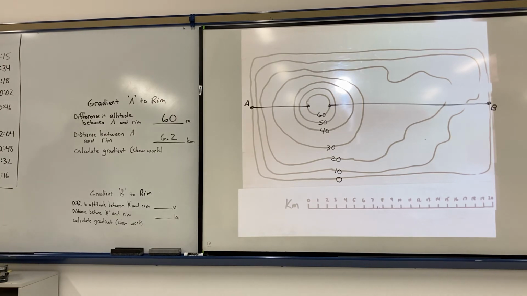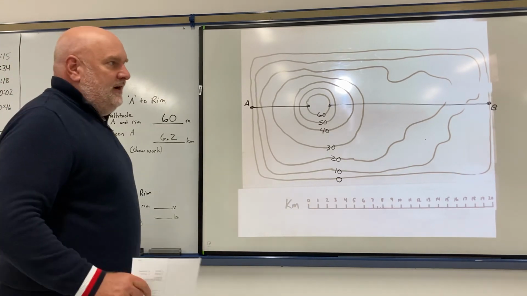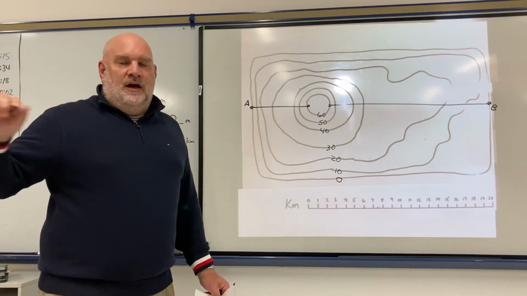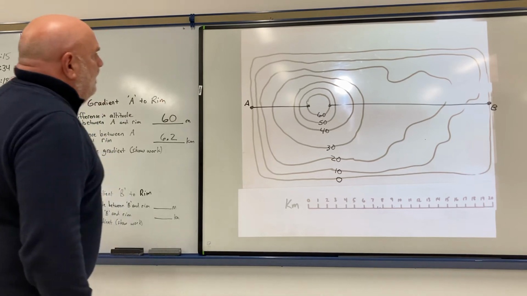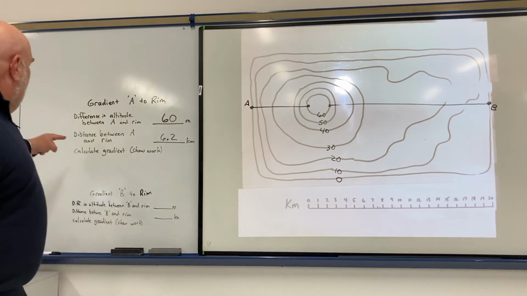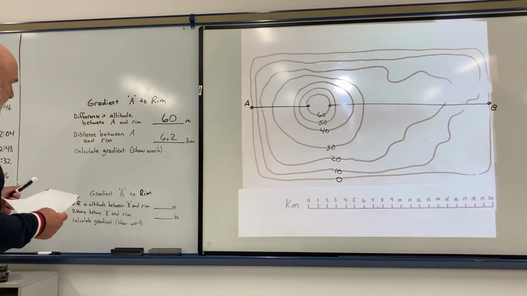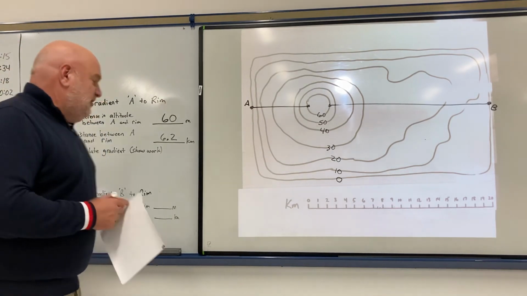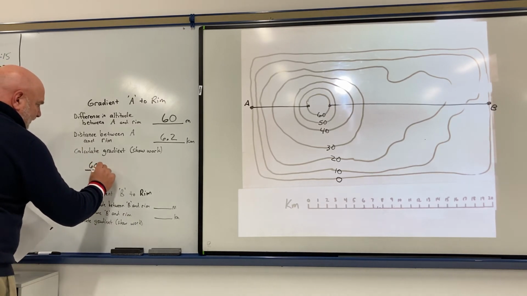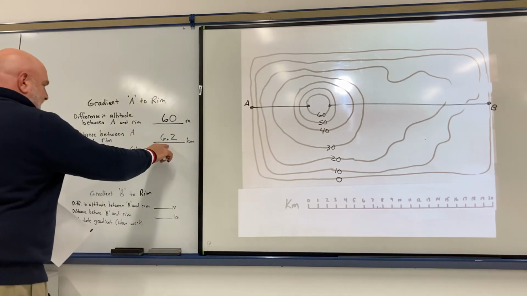Now, calculate the gradient. The formula for gradient you should be familiar with. The formula for gradient is on the very front page of the reference tables, and it's change in field value divided by distance. So in this case, my field value is my elevation. The difference in altitude between A and rim is 60. So that's going to be how much my field value changed. So my change in field value is going to be 60 meters. The distance from A to the rim is what I got right there,